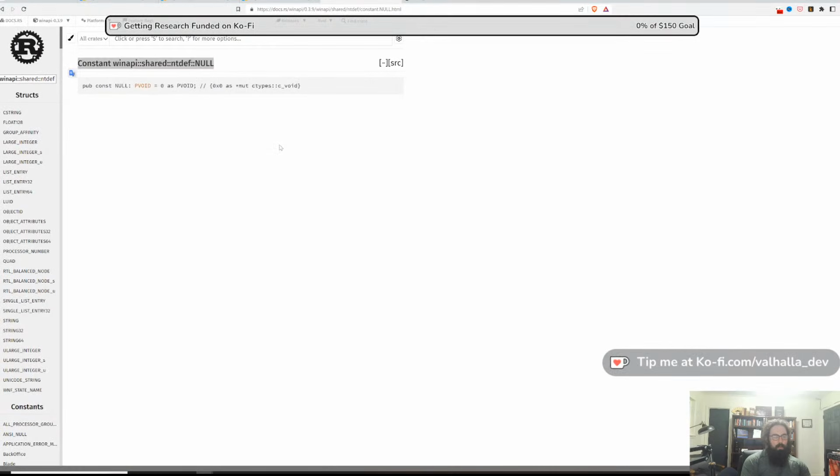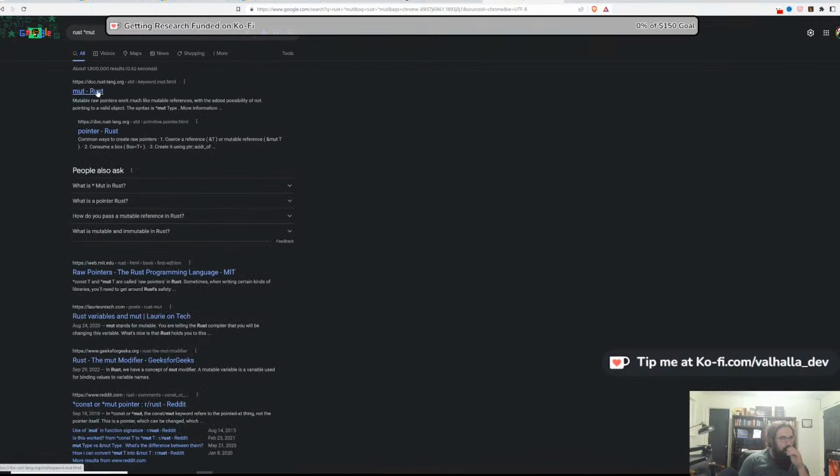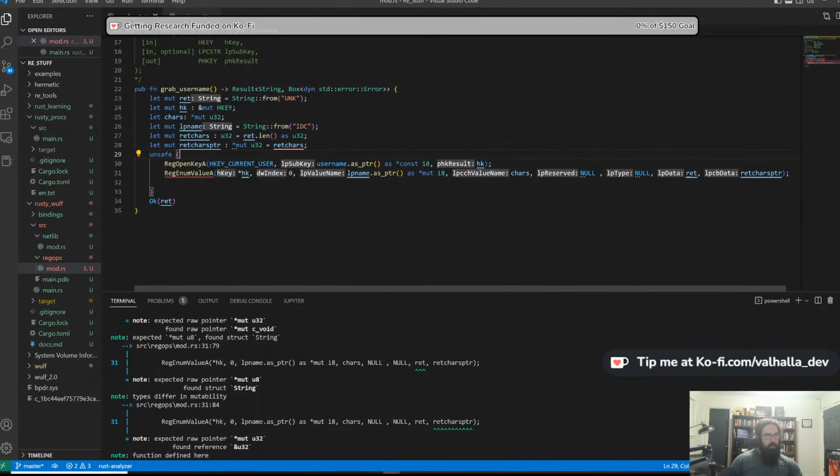Star mut pointer, Rust mut. Star mut. Mutable raw pointers work much like mutable references with the added possibility of not pointing to a valid object. The syntax is star mut type. So star mut,